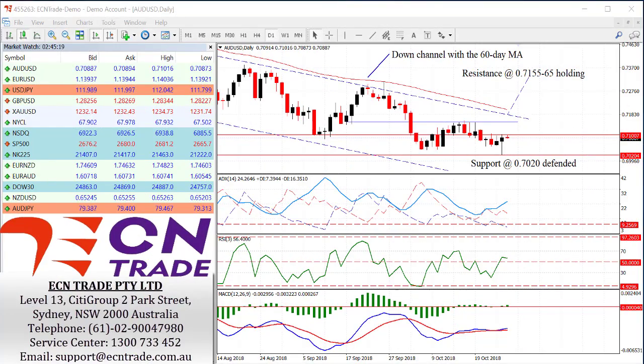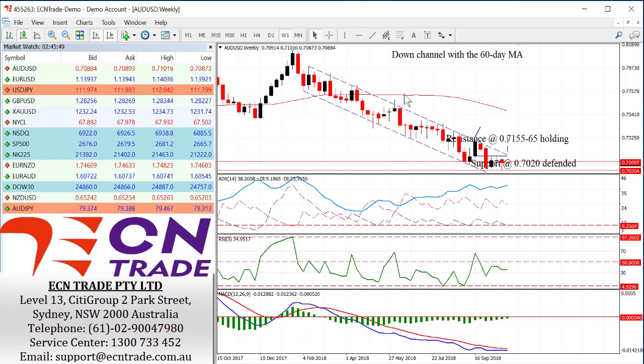The Australian dollar bears on Friday drove the pair sharply lower against the greenback, which resulted in a fresh low at 70.20. This was my objective, and from the rebound has posted a potential hammer. Now from this pattern, further confirmation of course is needed, and if so, could see a further progression to the upside and see the challenge towards 71.15 to the resistance cap at 71.55. Also note we're still in a down channel.